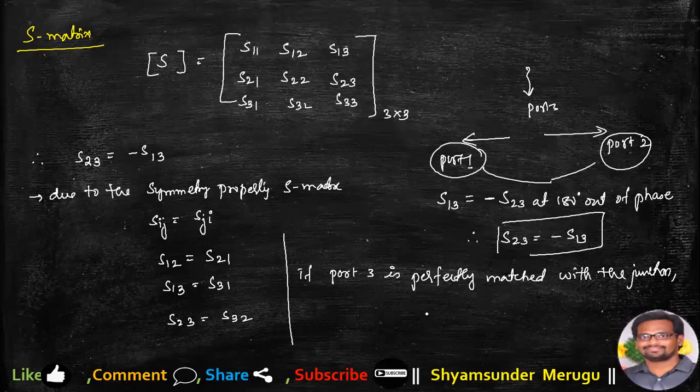So in that case, we can say there will not be any scattering that can occur at port 3, so that S33 will be 0. We can write S33 will be 0. Now, keeping all these values in the given S matrix, the scattering matrix of the E-plane T will be written as